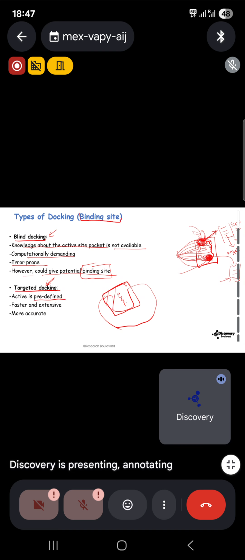So once you have this predefined pocket, you can create an enclosure or a grid box. When you create an enclosure like this, you are telling the software basically to do docking in this region only. So it will be much faster because you are not going to look everywhere else, and it will be extensive. You can do an extensive search, and this will be more accurate because you are exactly defining